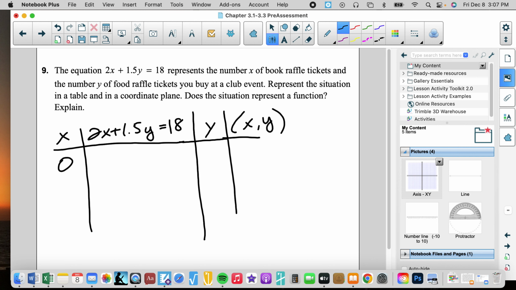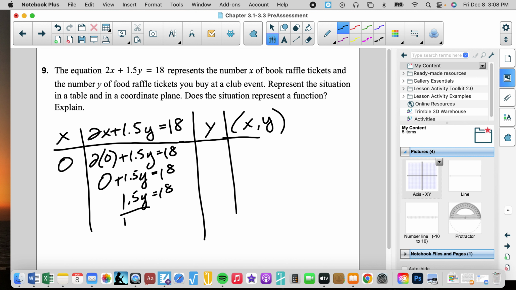So if I have zero book raffle tickets, I can plug in 0. What I'm now solving for is when I have zero book raffle tickets, how many food raffle tickets will I have? So we get 1.5y equals 18, divide by 1.5, divide by 1.5, and y equals,